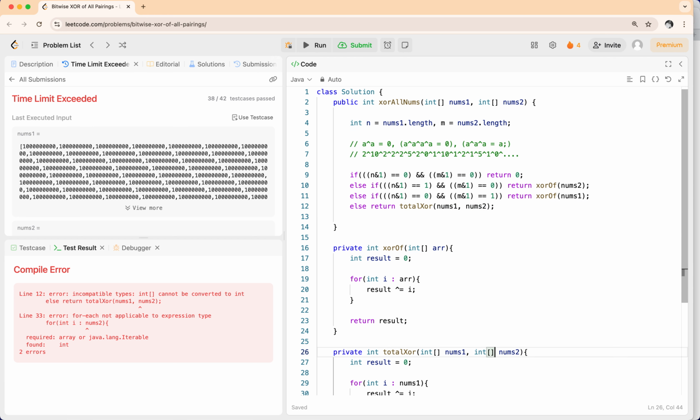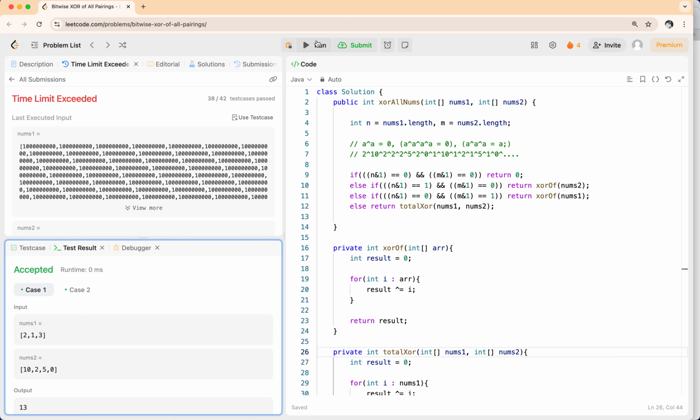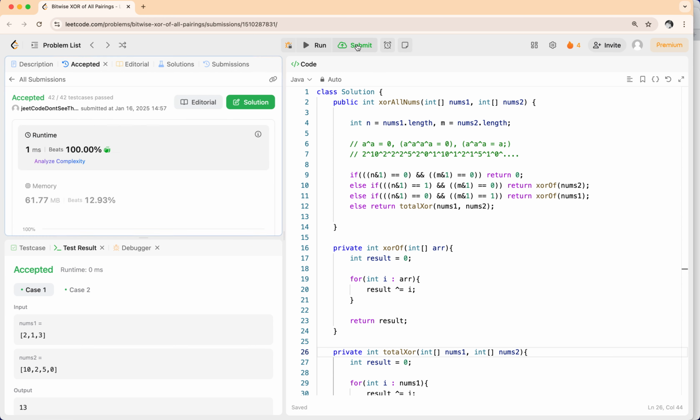Perfect. So this is the way that we are going to solve this,